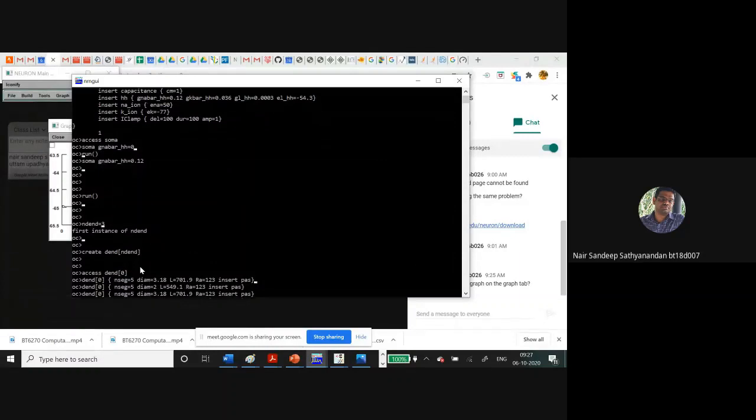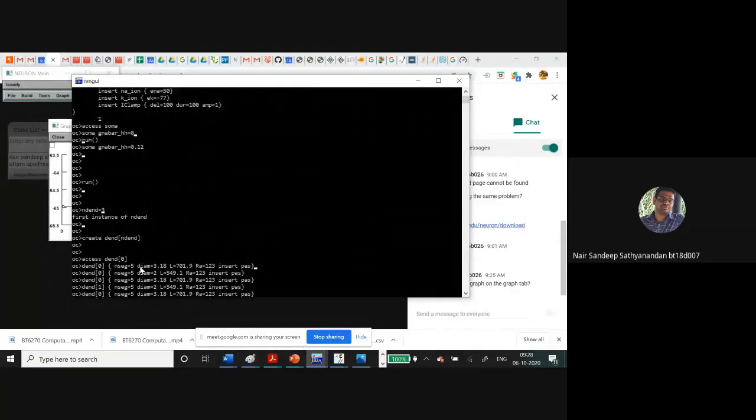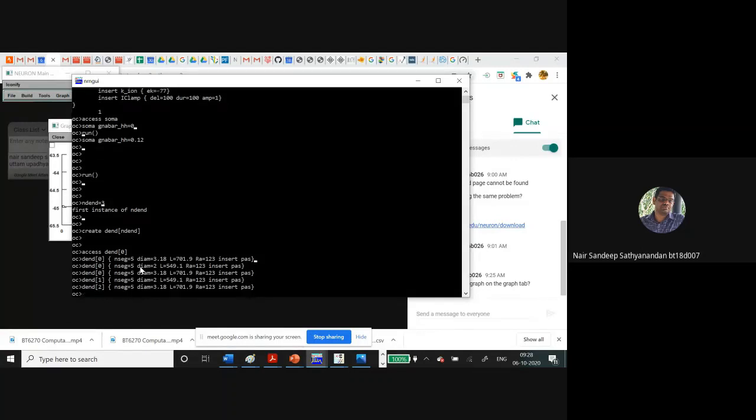For the second dendrite, if I want to create it, I just need to change the index there. So dendrite 0, dendrite 1, and then maybe the third dendrite I can create with the same properties as dendrite 1. So the 3 dendrites are created.